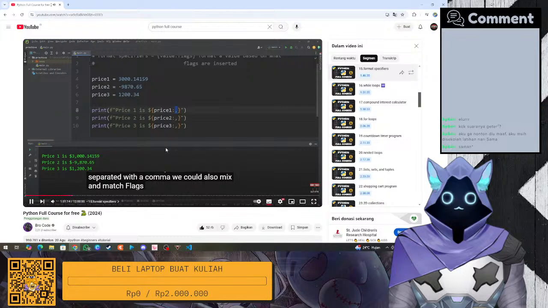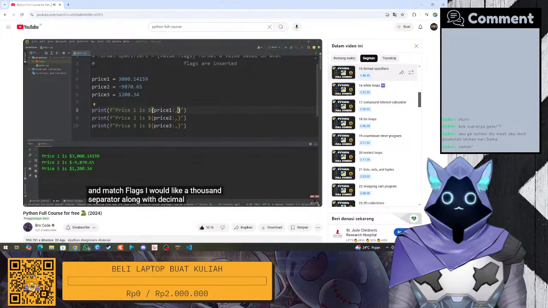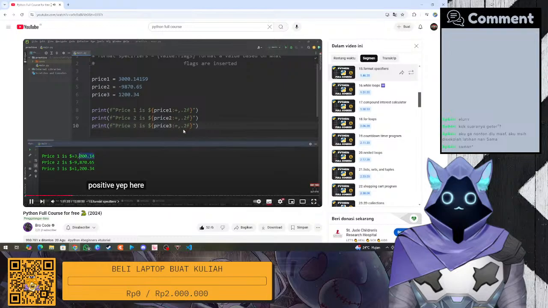We could also mix and match flags. I would like a 1000 separator along with decimal point precision of 2 decimal places. And why not? I will precede each number with a plus sign if it's positive. Yep, here we are. So based on what you're looking for, you can add